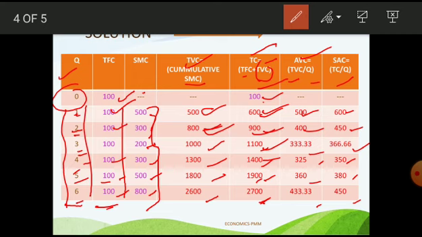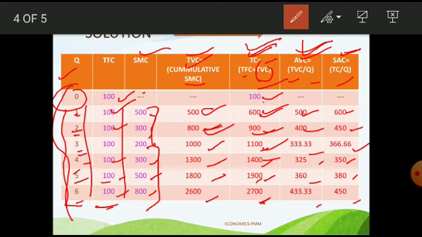So in this way we have calculated total variable cost, total cost, average variable cost and average cost. It is very important to understand that as the output goes on changing, the total cost goes on changing. Similarly, average variable cost, average cost and total variable cost. They have asked one very tricky or challenging question by giving the SMC cost. So how to calculate it? I hope you understood it.